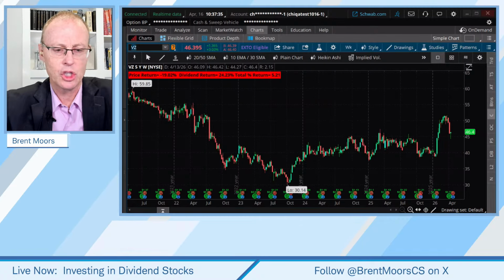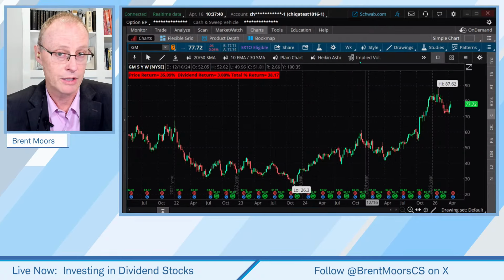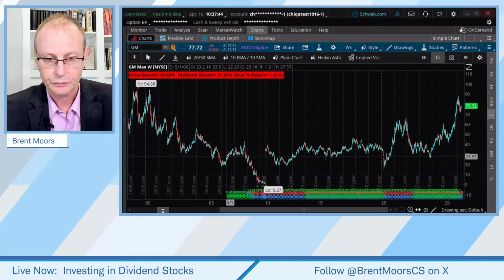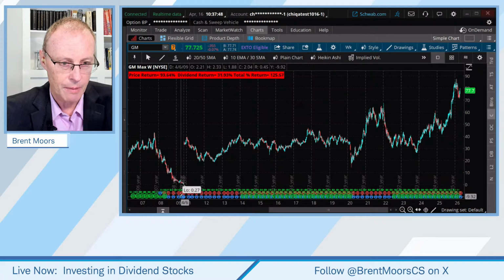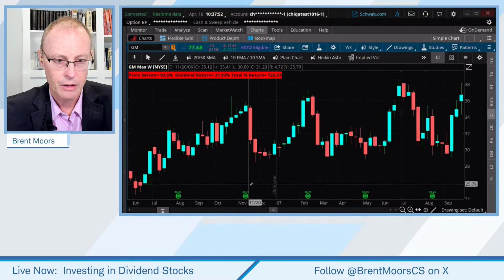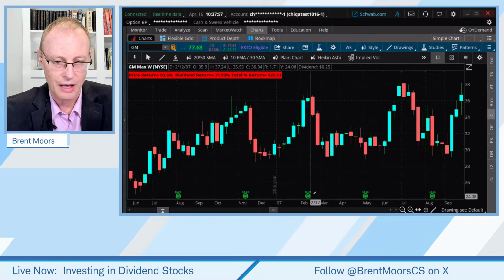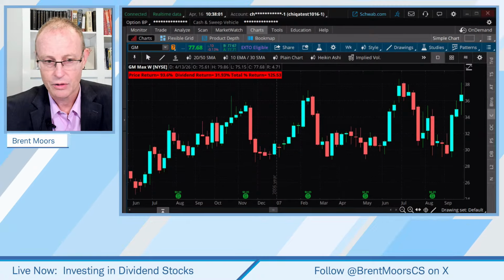Let's look at GM here for a sec, because GM as a company has done great recently. It has done pretty good recently. Let's go back though. Here's what I want you to see. Here were the dividend payments. Let me just zoom in here. Okay. 25 cent, 25 cent. We're back in 2006, 2007 time period. Okay. 25 cent, 25 cent, 25 cent.